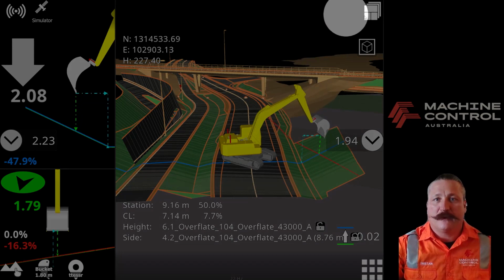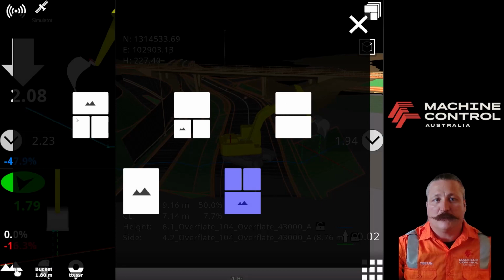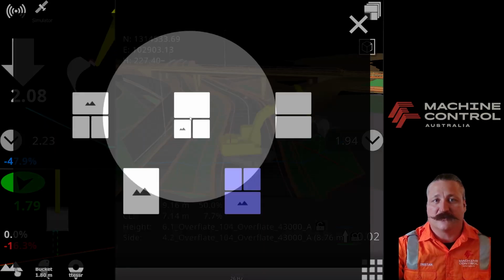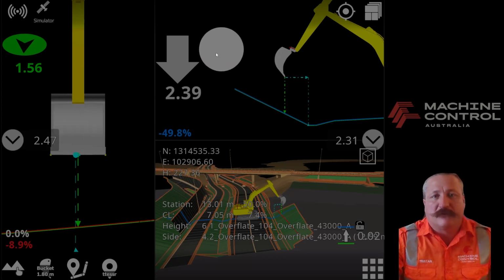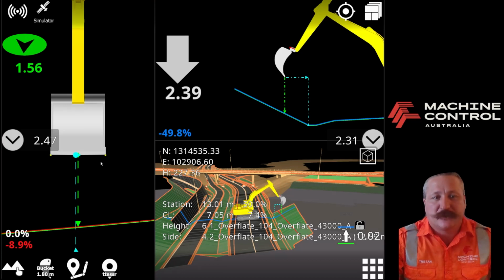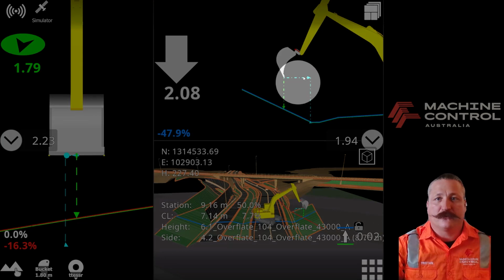Lastly, on the top bar, we have our display layouts. If we click display layouts, it gives you options for different screens. You might want to use this if you're doing a certain particular job where you want to concentrate on something differently. So let's say if we change to this one here in the middle. Here we can now see our section view and our profile view have much larger information, easier to see when we're focusing on those tasks. Now if we switch back to the other display,